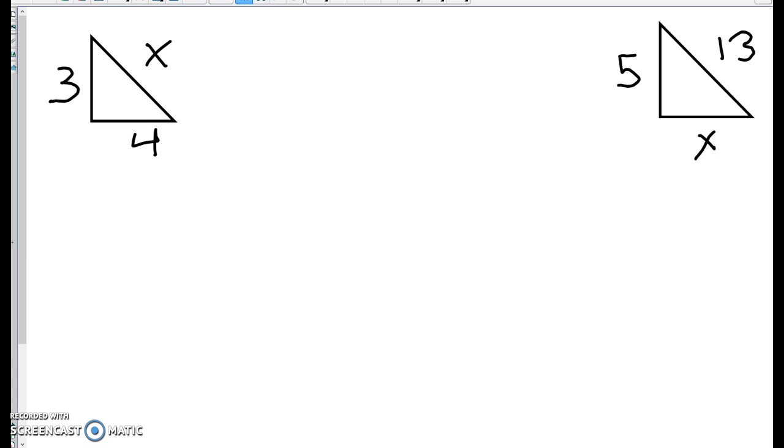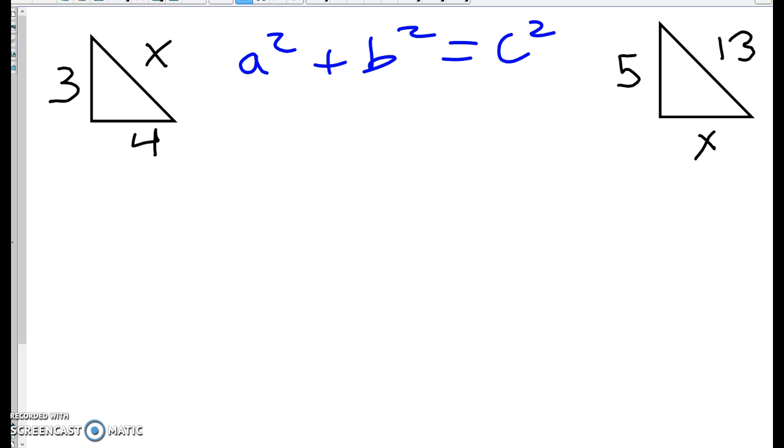So for example, this one up here, a Pythagorean theorem problem, you know you have a squared plus b squared equals c squared. And a problem like this would be solved by plugging in for A, B, or C and solving for the missing piece. So just to walk you through one,